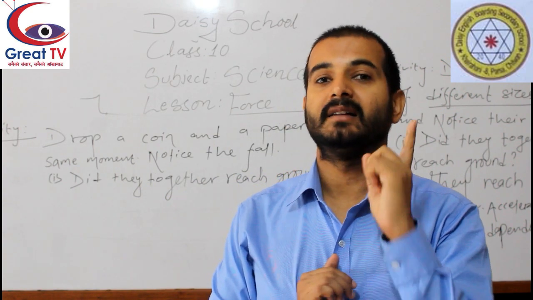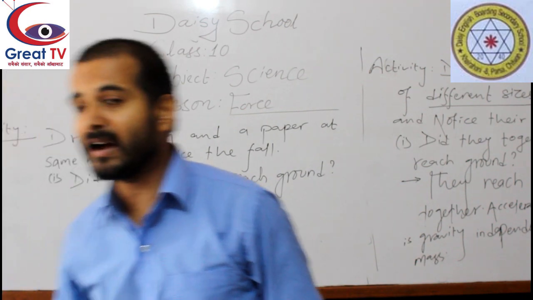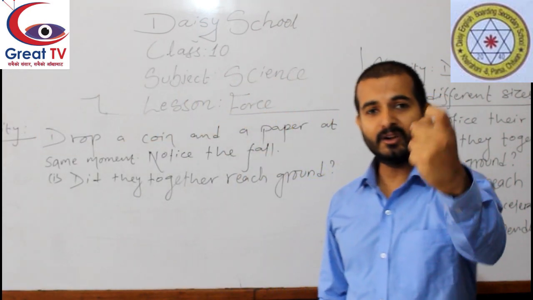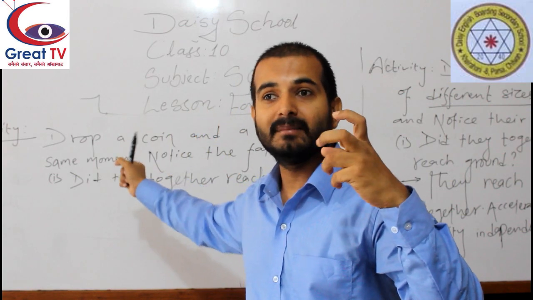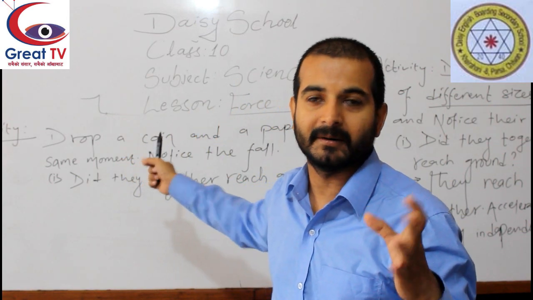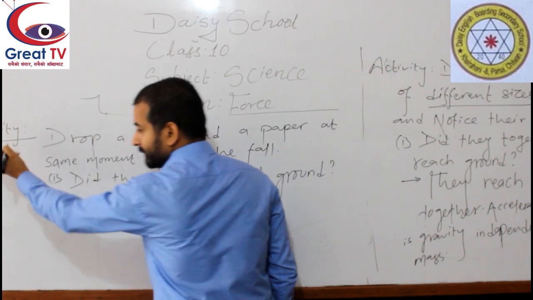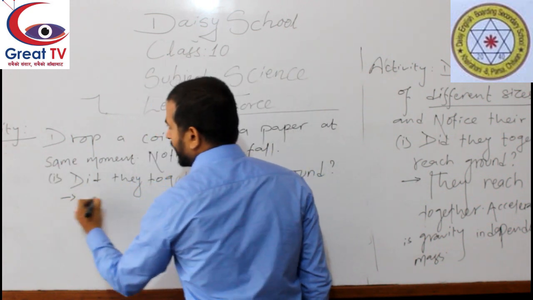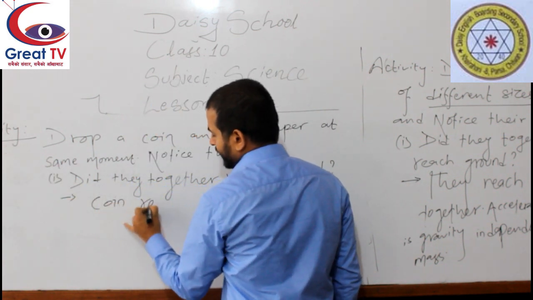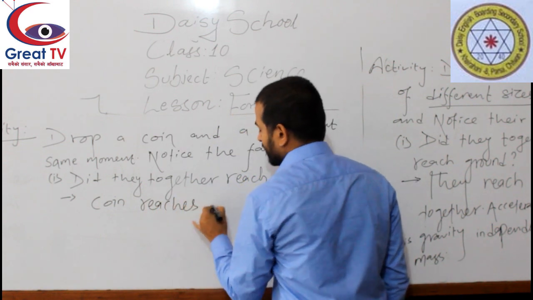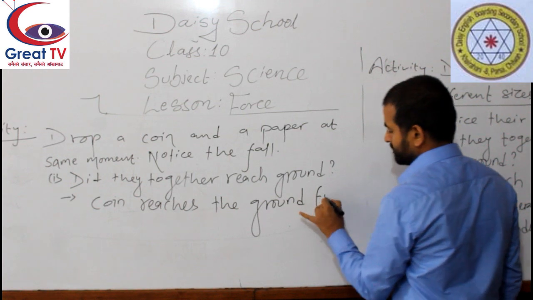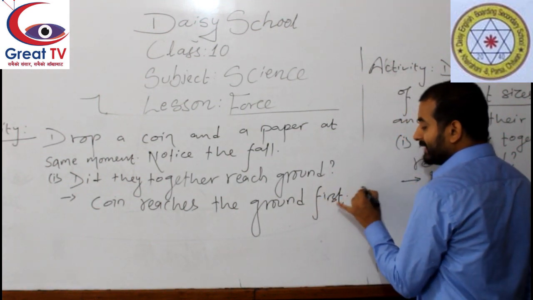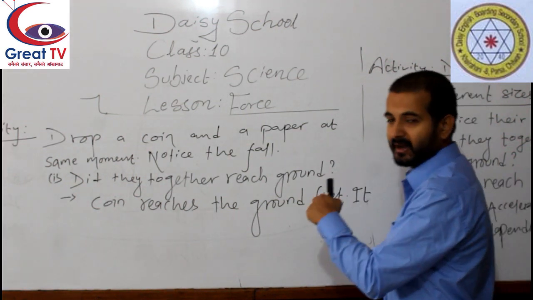It may decrease the value of g on the object. This is the main thing. So this is what we are writing here, and the main thing that you will achieve today is what the things are that may affect the acceleration due to gravity. Remember. Okay. So the coin reaches the ground first. It is because, your important answer,